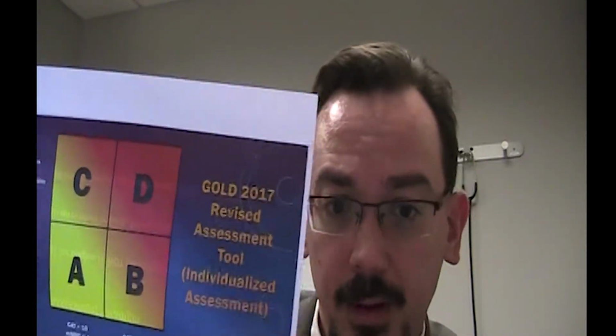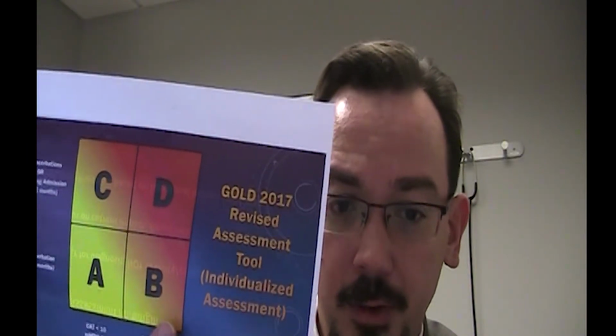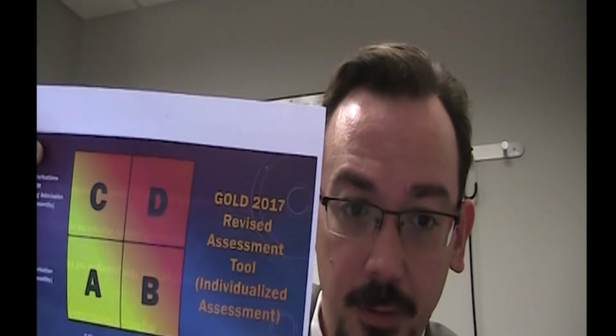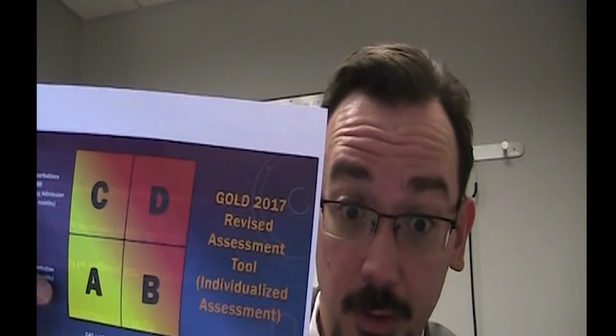But either way, that tells us whether you have a high symptom burden or a low symptom burden, and whether you're at high risk for more exacerbations or low risk for exacerbations. And that's where this severity guideline is going now. And so when people ask what stage am I at, or my doctor told me I'm stage 4, or hopefully nobody ever hears this anymore, I'm end stage, we're really trying to get away from that, because that's just a silly phrase. We're really trying to look at how much of an impact this stuff has on people's lives, rather than just the objective airflow number.